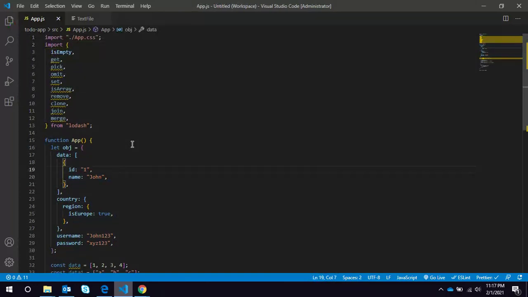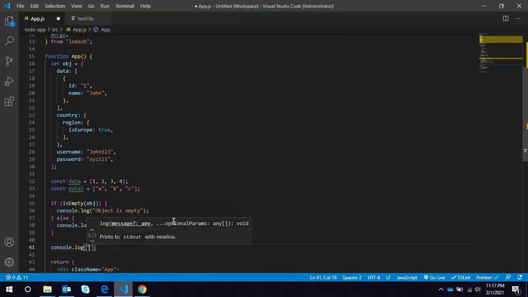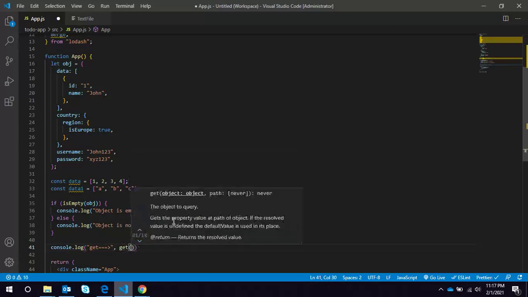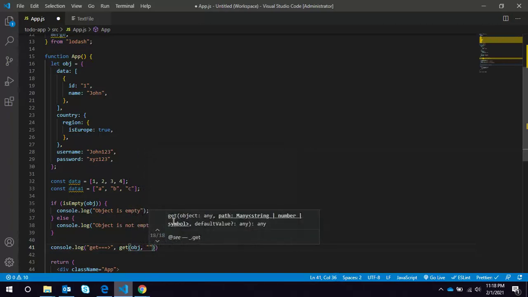Now this function we are going to check, get. Suppose I want the value of this data property from this object.